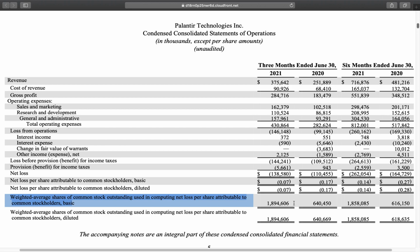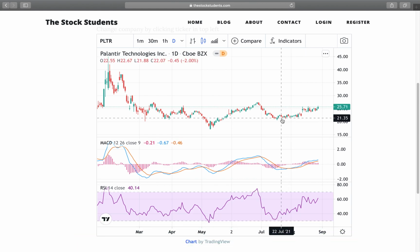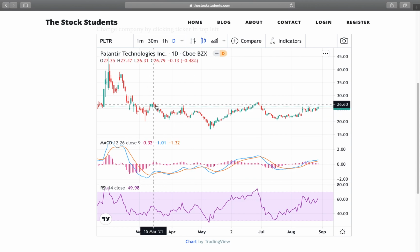So after talking about the fundamentals of Palantir, now let's talk about Palantir's stock charts here. So here we are on Palantir's trading charts, and we can see that Palantir has bounced off from this $21 support level here nicely a few days ago. This is definitely a good sign for the stock, as it suggests that we could still remain in this $21 to $26 or $27 trading range, made from the bottoms of these candles over here and the tops of these